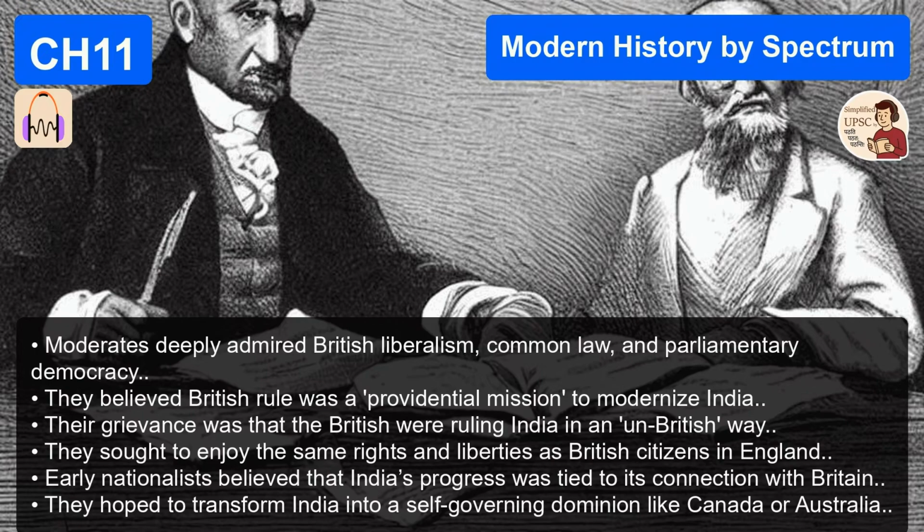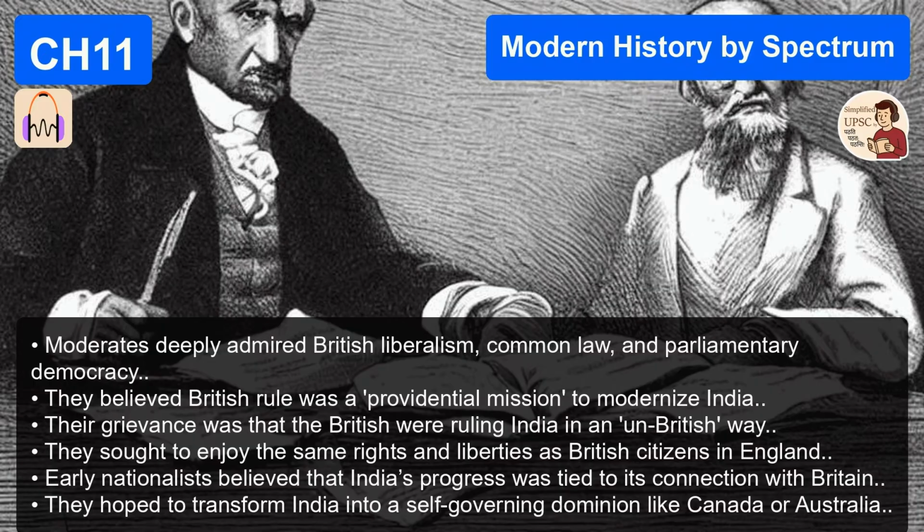It wasn't because of overpopulation. It was the direct engineered result of colonial economic policy. They drew a straight line from the starving peasant in Bihar to the policymaker in London. And that economic nationalism became the first truly common platform for all Indians. Because it didn't matter what religion you were. Exactly. Whether you were Hindu, Muslim, Parsi, whether you were from Bengal or Madras, you were all being drained by